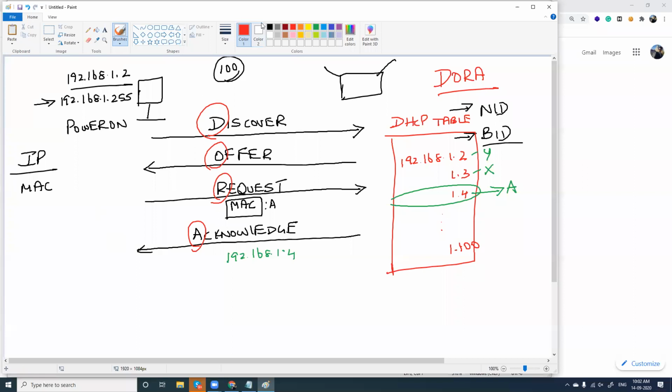Right? And later, when your computer is going to power off, when your computer shuts down, it will return the IP address back to the modem, and it will again use an IP address only when it turns on. That is why it is called dynamic. Dynamic means only when there is a need, it will use. When there is no need, it will return the IP address. This is the dynamic way of assigning IP addresses, and the DORA process.